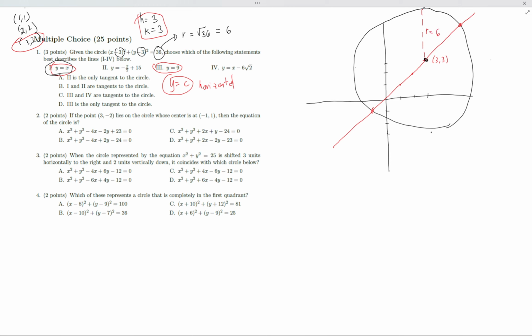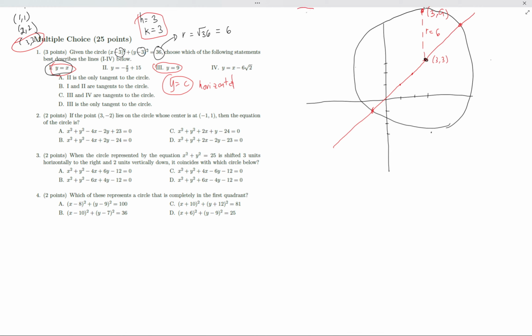Now, at this point right here, the one directly above the center, must be located at the same x coordinate since we are not moving horizontally. But again, this is the center plus radius, so that should be 3 units plus 6 units. That will become 9. Now, coincidentally, when we graph y equal to 9, it should pass through this point at